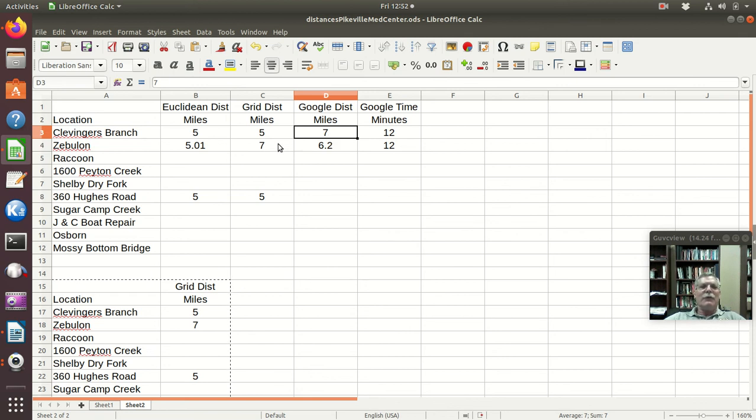However, for Zebulon, the grid distance was 7 miles and the Google distance was only 6.2 miles. And so there is no clear relationship between grid distance and Google distance, or path distance. Really, we're talking about the path distance going along roads, right? So if we look at the Cartesian grid versus the roads, in this case, there is no relationship.